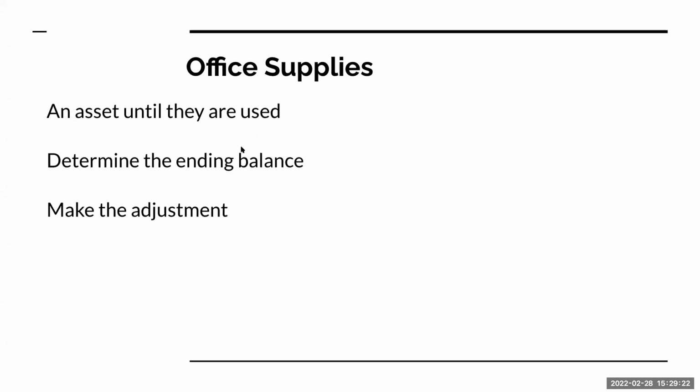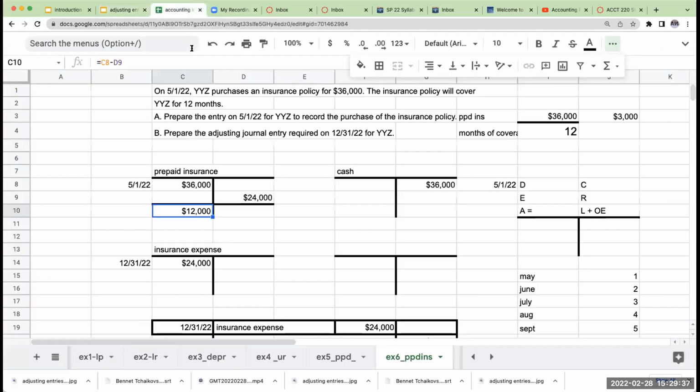So what we're going to do is look at this, and what we're going to oftentimes see is we're going to say, oh, we did a count of the office supplies, and this is the ending balance. And based on that information, we're going to go ahead and make the adjustment. So let's go ahead and take a look at an example. So over here for office supplies,